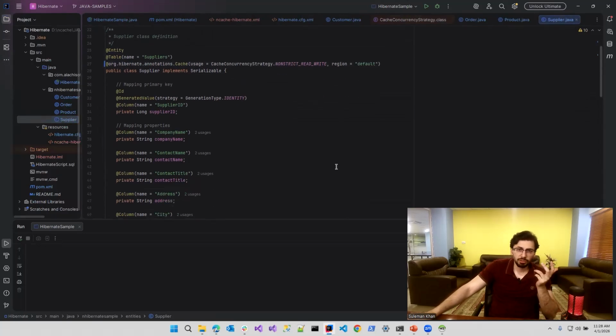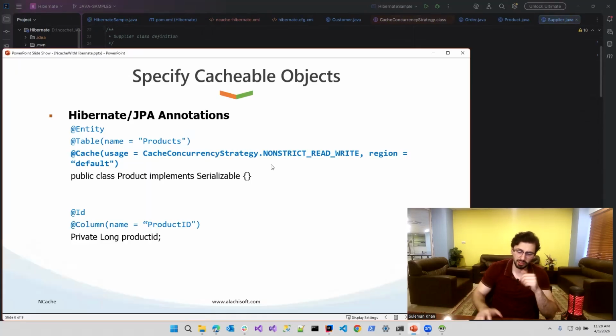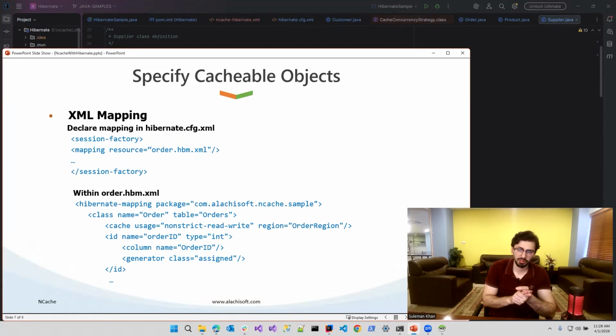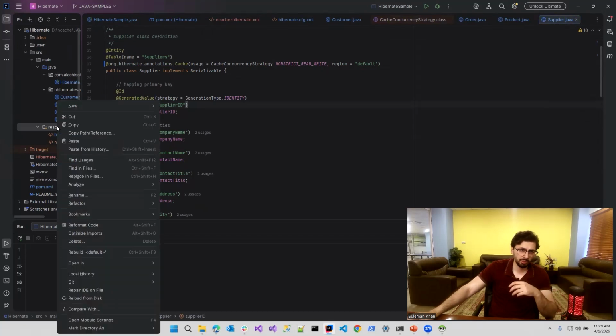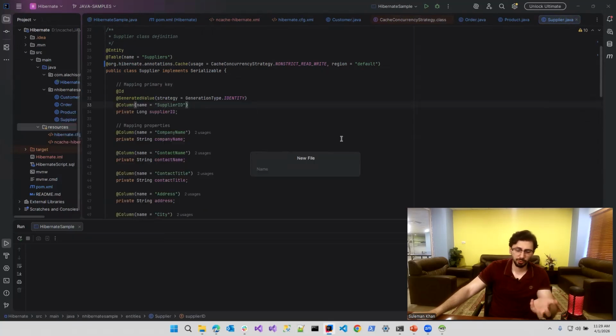Now guys, if you do not want to modify your source code, you can also specify this in XML and achieve the exact same behavior. You're going to need to define a separate XML file for each of your entities, and you're going to need to add these XML tags on those. So I'll just show you really quickly what it looks like. For example, in the case of orders, I would define an